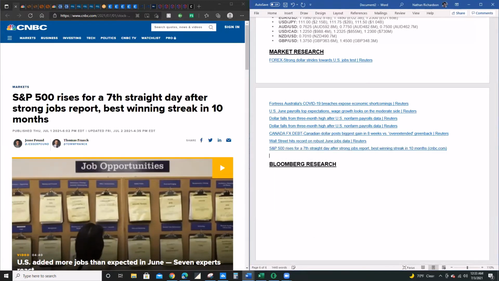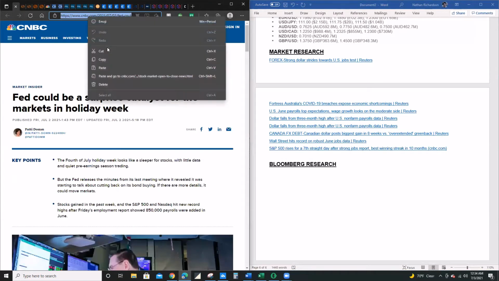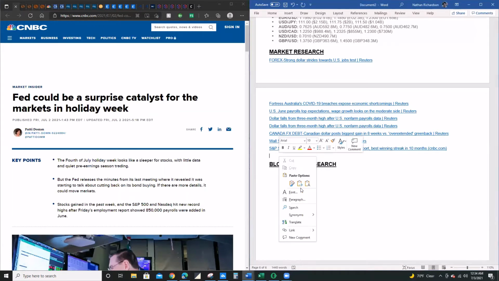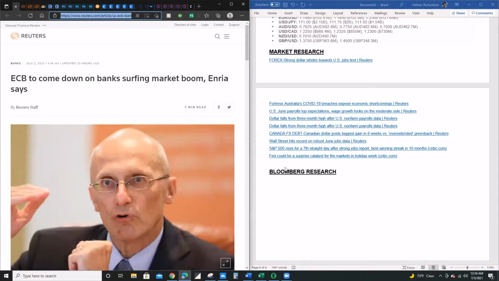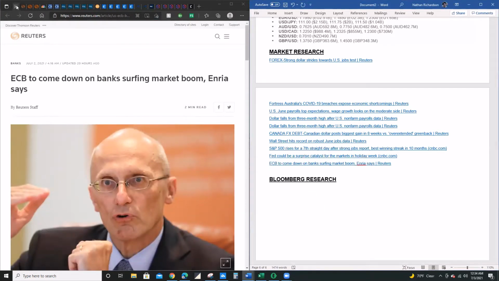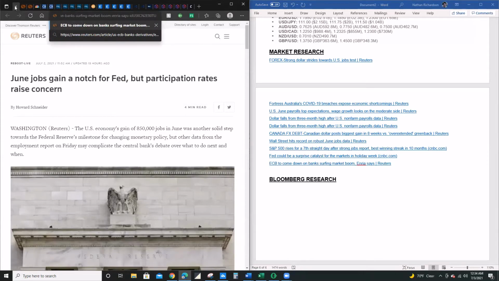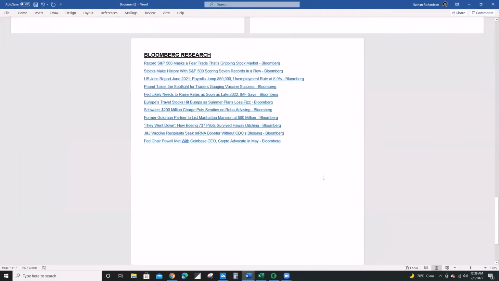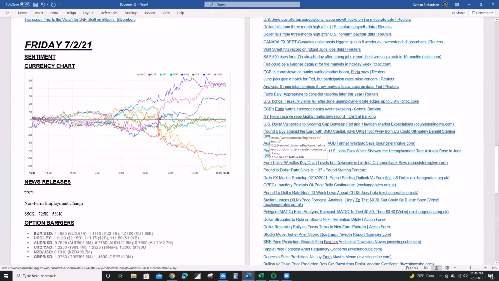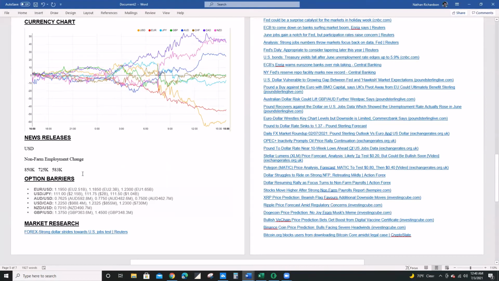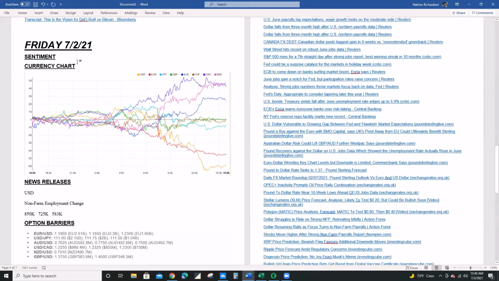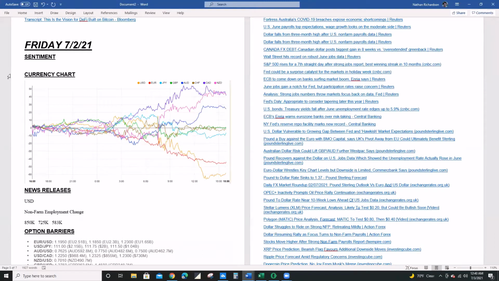I just do overkill because I want to see all of the different points of view and everything. So I'm gonna go ahead and copy these, speed this up. Okay, so now that I've gone through, I have all my articles, I have the option barriers, we're about to take a look at those. I can go and type in sentiment. Sentiment can either be a paragraph or just a few words. Like today, I could just go